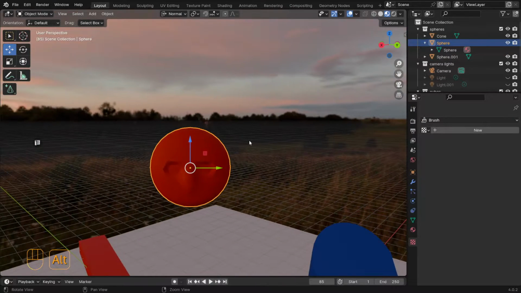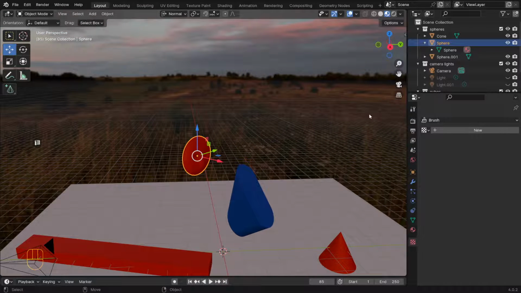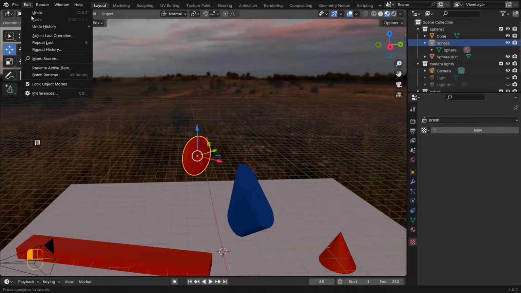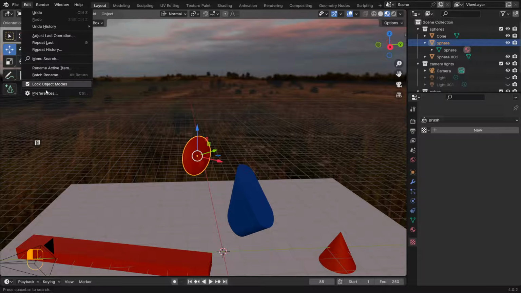So I think that's it for now. Hopefully that gives you a good introduction into the Blender windows and layouts and how to manipulate things. Remember, number one for this is industry compatible keymap. So again, if you go under Edit, Preferences,